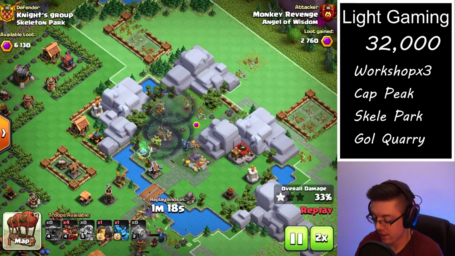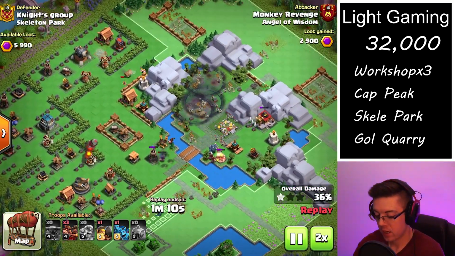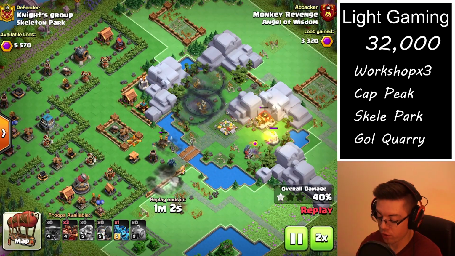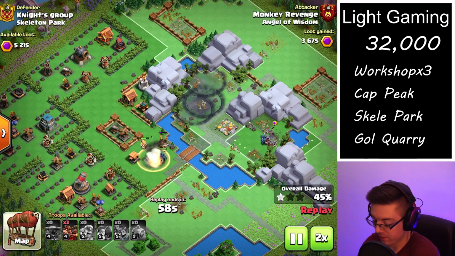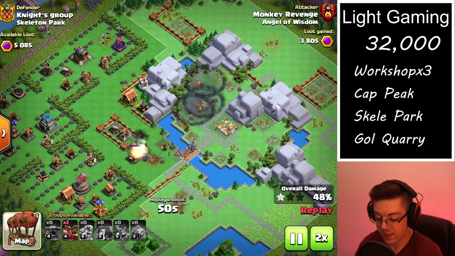And this is in, I think it's Champion 2, or maybe Champion 1. So this Skeleton Park is becoming my go-to attack strategy. With this basic layout, the troops pretty much move the exact same every single